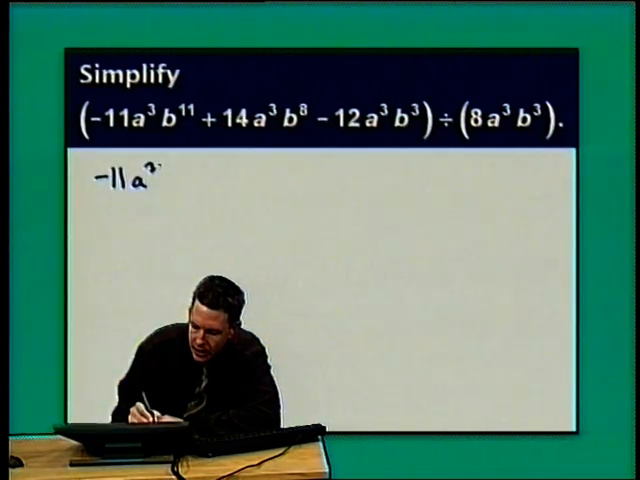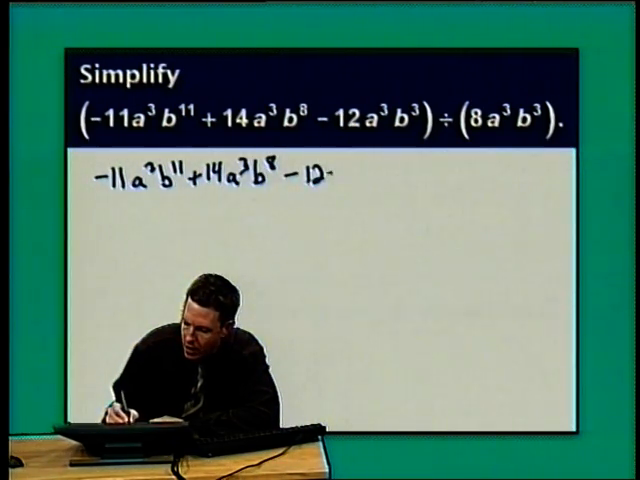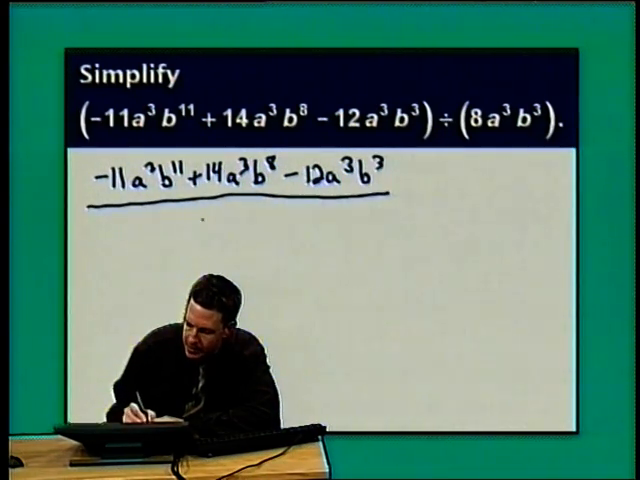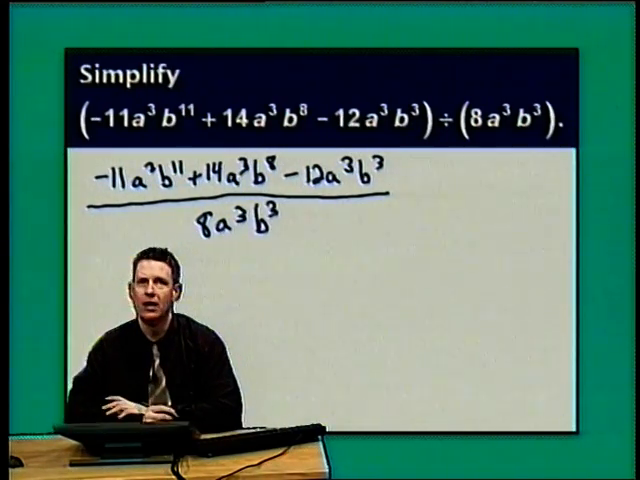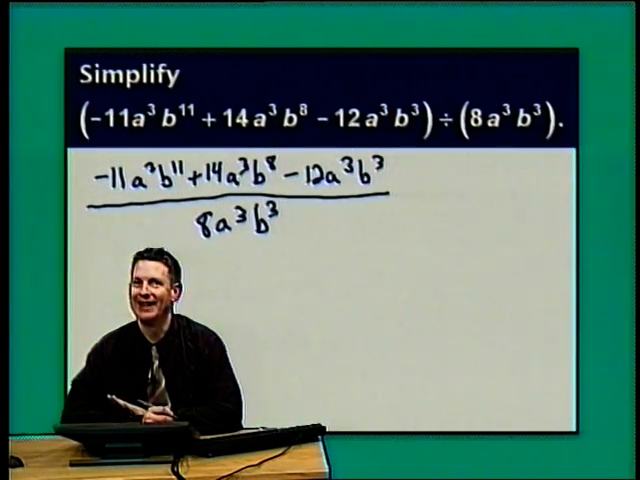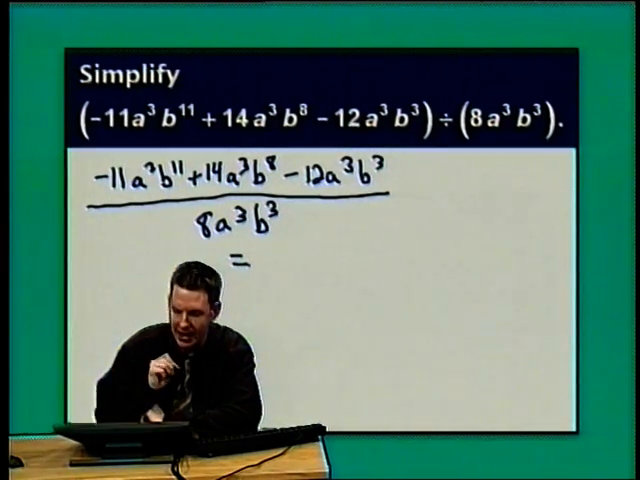-11a cubed b to the 11th plus 14a cubed b to the 8th minus 12a cubed b cubed, all of that divided by 8a cubed b cubed. Might look pretty scary. If it does, take a breath, think nice positive thoughts, and remember one step at a time. And the first step is to break this up into the sum and difference of several monomial over monomial fractions. In this case, that's going to be